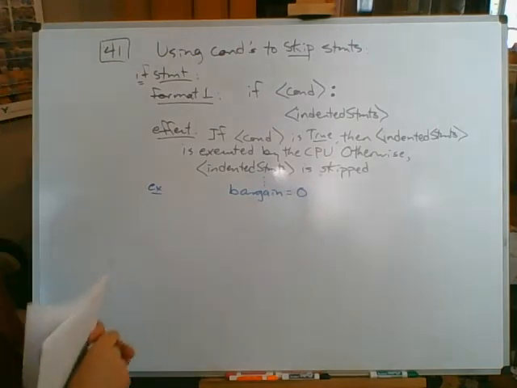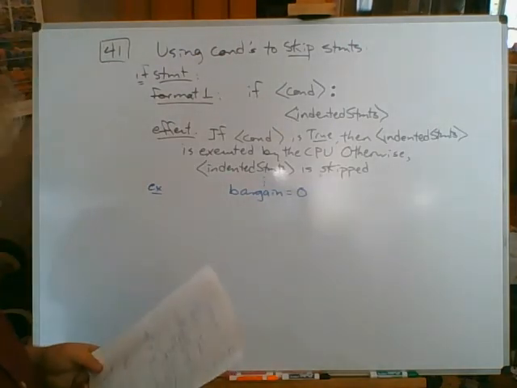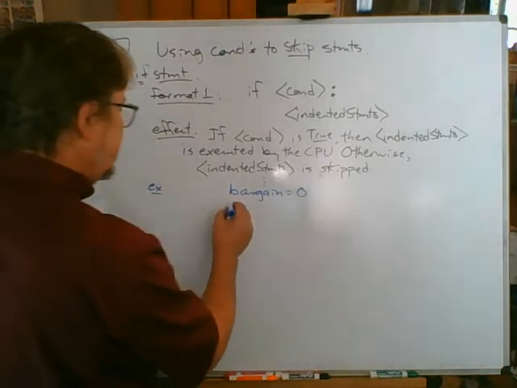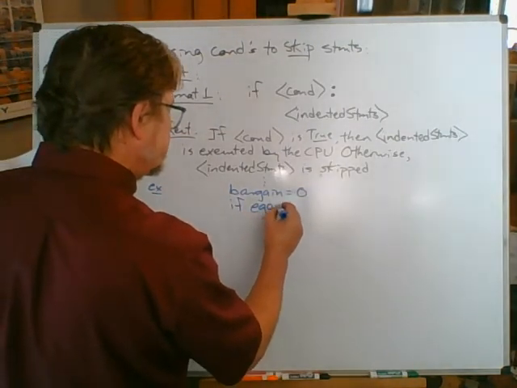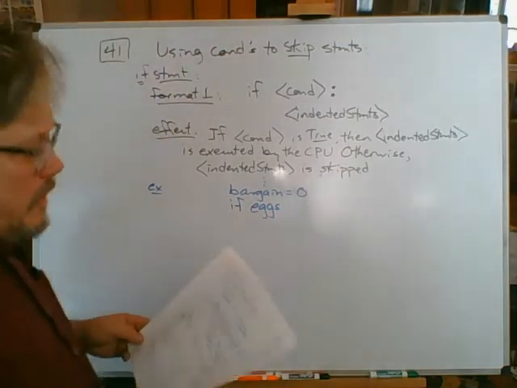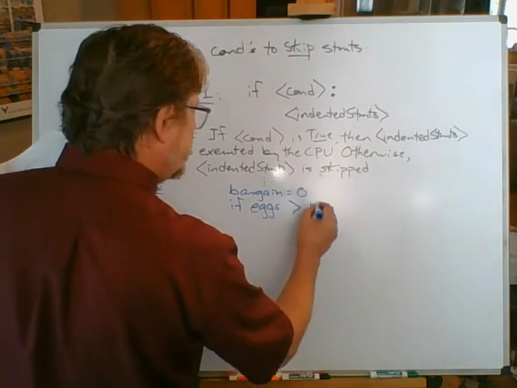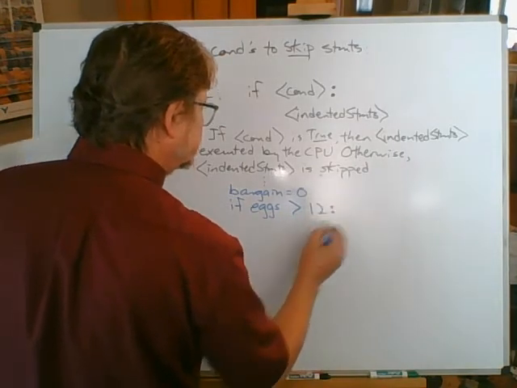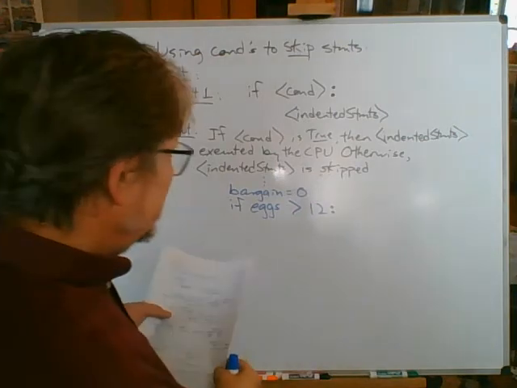This is not going to be an entire Python program, just a little piece, a segment of a Python program just for us to take a look at. If eggs, eggs is not a reserved word in Python, so I can use that as a variable if I want to. If eggs greater than 12, colon, and visualize me pressing enter after I type that in,